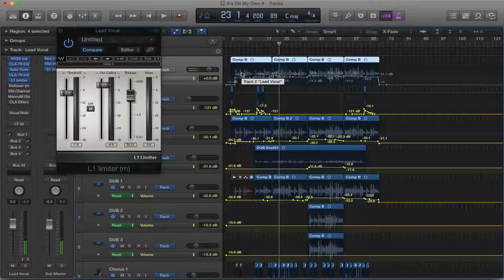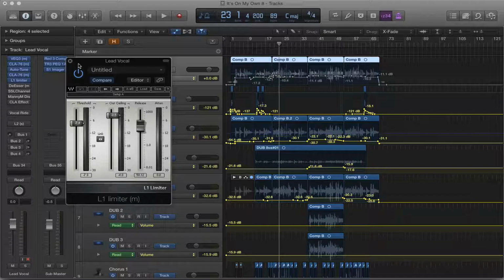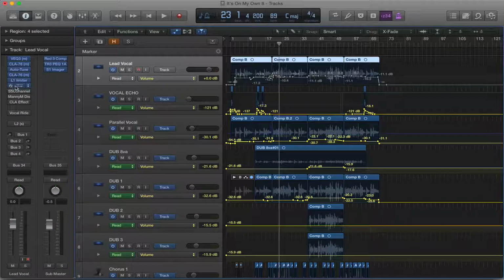So the overall decibel level here is coming in at the same level with this, but the perceived level is a lot louder, if that makes any sense. Okay, so now that we go out of this L1, I go into a de-esser,